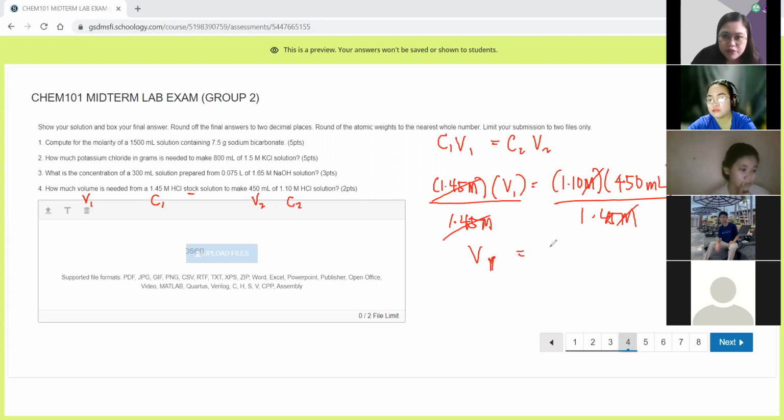If we round this off to 2 decimal places, the answer here is 350